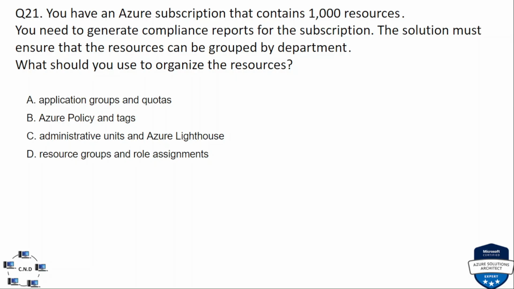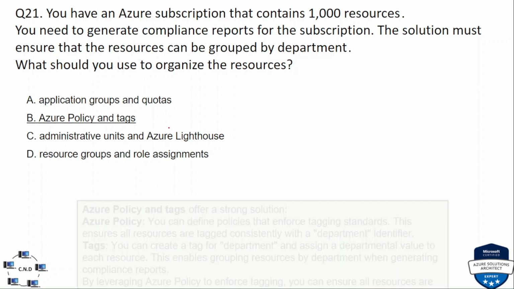Question number 21 is that you have an Azure subscription that contains 1000 resources. You need to generate compliance reports for the subscription. The solution must ensure that the resources can be grouped by department. What should you use to organize the resources? The options are A. Application groups and quotas, B. Azure policy and tags, C. Administrative units and Azure Lighthouse, and D. Resource groups and role assignments. And the correct option is